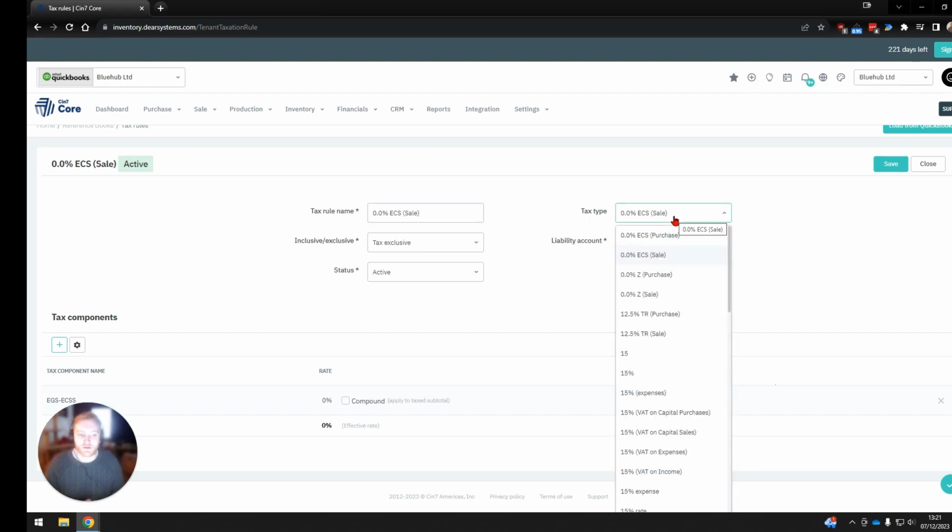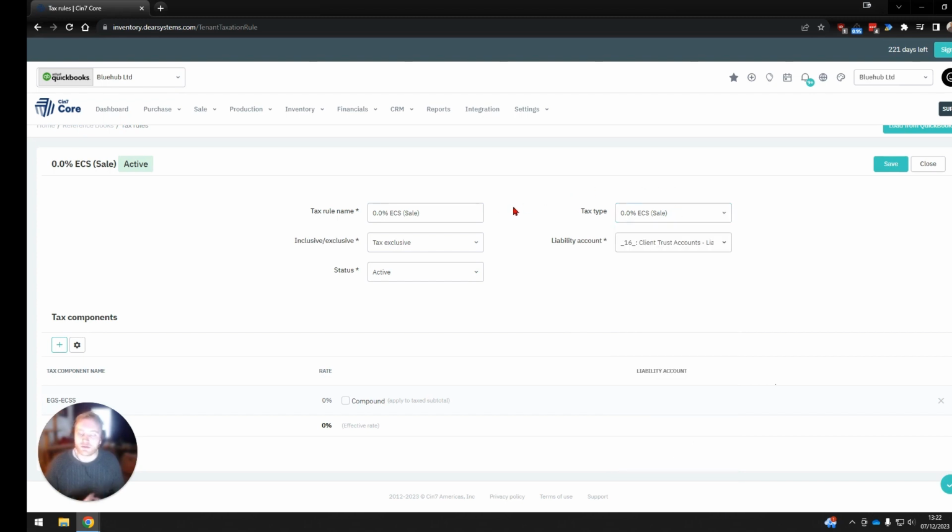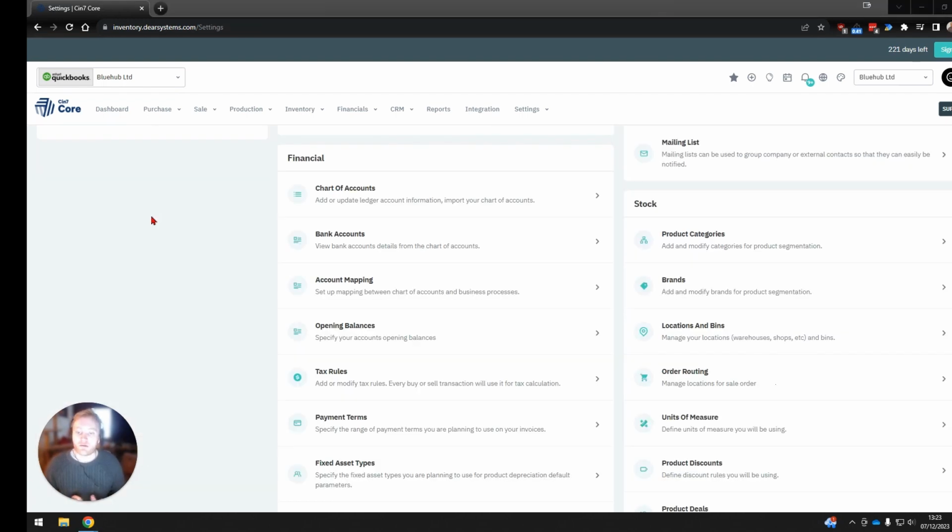You also want to make sure your tax type is set up correctly. Normally your tax type is going to be the same as your tax rule name, just to keep that consistent between the two. At the very bottom down here, you can then allocate a rate for this particular tax rate within the system. So next, if we go into the financial section of the reference books, we can have a